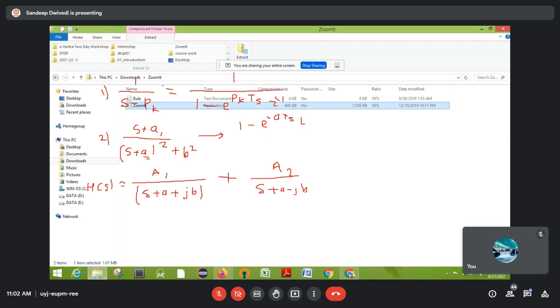Okay, into cos bTs into z inverse. This is the numerator, and in the denominator it will be 1 minus